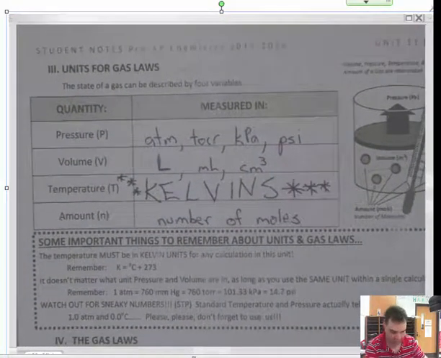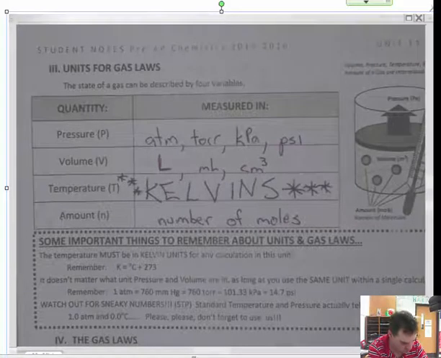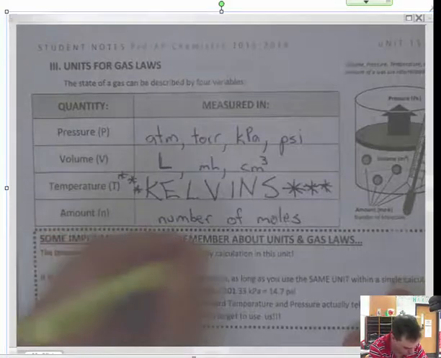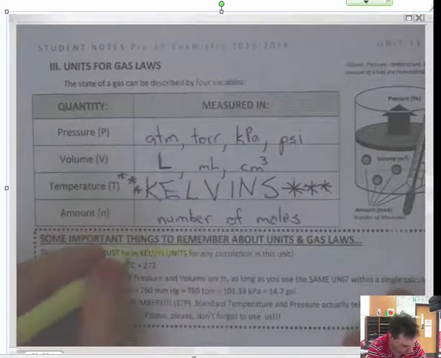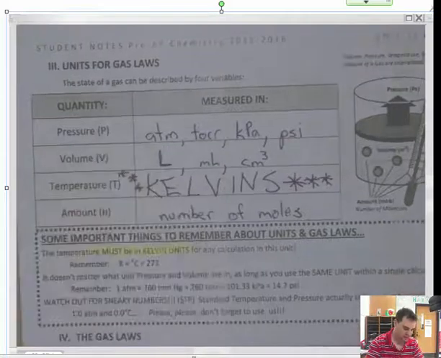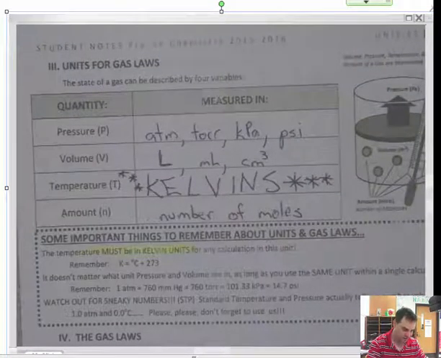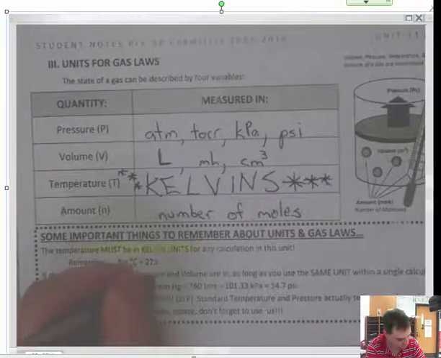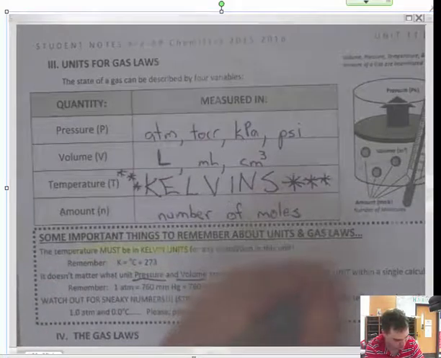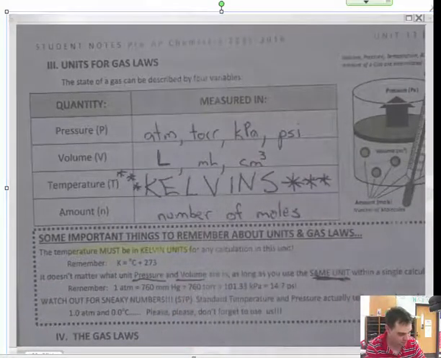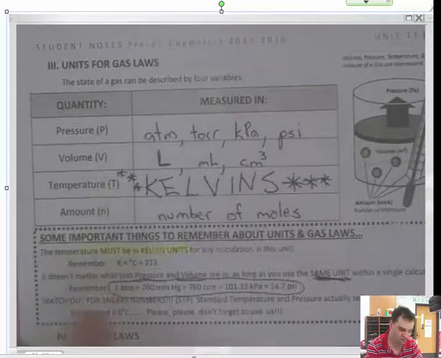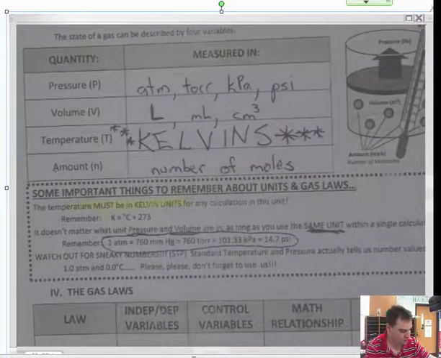Temperature must be in Kelvin. Remember, you can convert from Celsius to Kelvin: K equals C plus 273. Pressure and volumes must be in the same unit. Sometimes you are going to have to convert your pressures over to the same unit using these conversion factors. And then you also have to watch out for